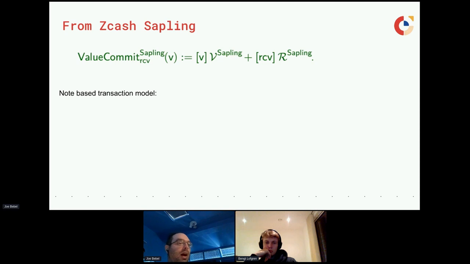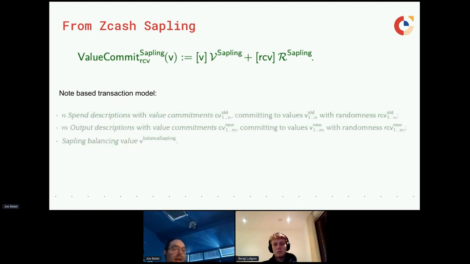And the claim is that by the way that Pedersen commitments work and the way that we derived the two curve points, V and R, this commitment should have the hiding and binding properties that we discussed earlier. And this is actually really important for the way that the Sapling shielded pool gains a real performance advantage, because of the model of transactions that they use, which is somewhat different than the previous Sprout shielded pool and the Zerocoin paper's shielded pool. And the reason is that